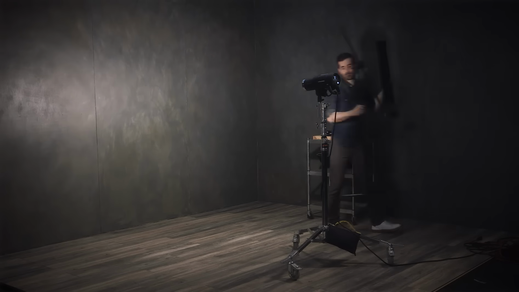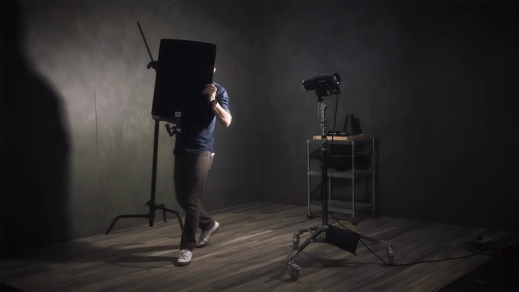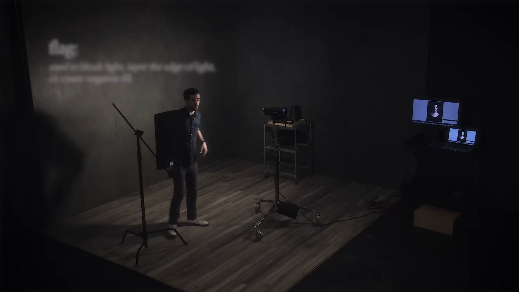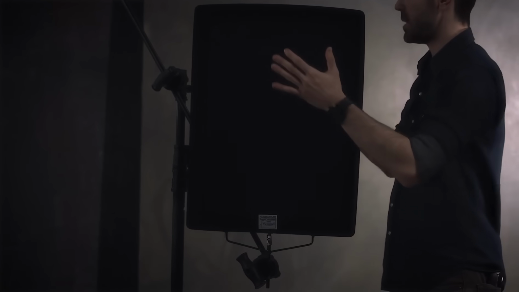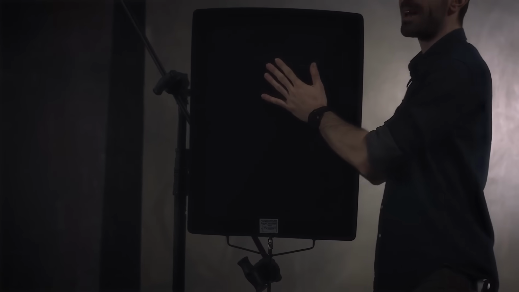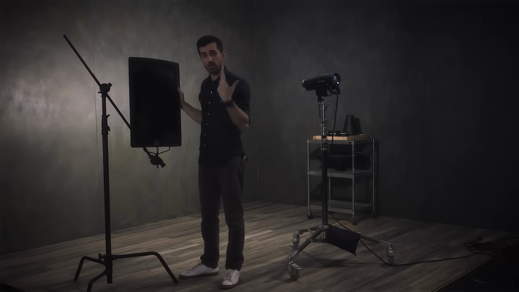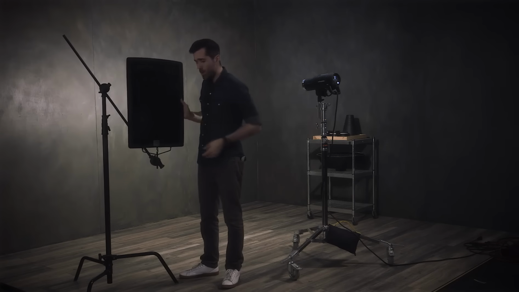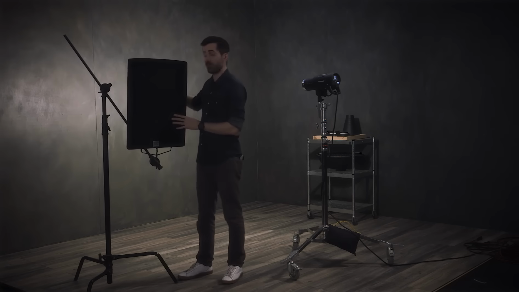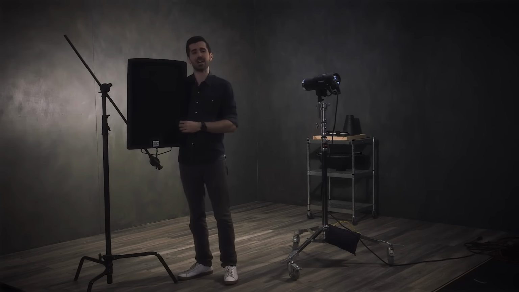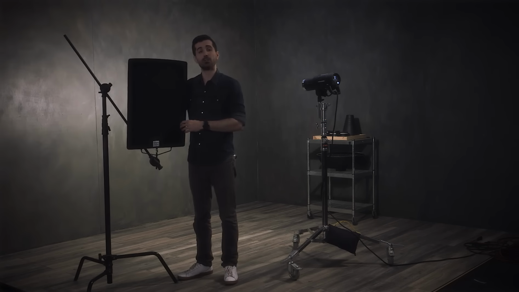Finally, we have the flag. The flag is one of my favorite modifiers of light, and it's underutilized by a lot of people. It's very, very powerful. Basically, the flag is just a metal frame, comes in a lot of different sizes, wrapped in a very absorbent black fabric that either can darken shadows or absorb light. So we use it as a way to create negative fill when it's next to the face. You can also use it as a way to block light from hitting the background or create intentional